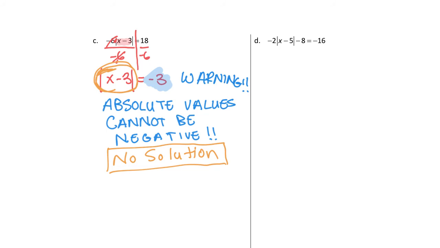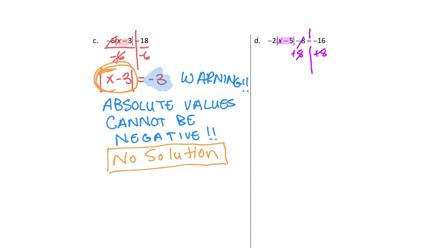This final example is really tricky. I'm really challenging you here. So there's our equal sign. Let's go ahead and highlight what's inside the absolute value. Now, some of you might be going, hey, wait a minute, I got this. This equals negative 16. But you've got to wait till this absolute value part is by itself before you make a final decision. So let's see what's going on. To the absolute value, we're multiplying negative 2 and we're subtracting 8. So let's take care of adding that 8 to both sides first. So plus 8,